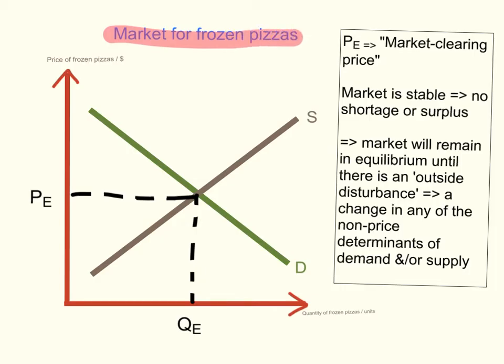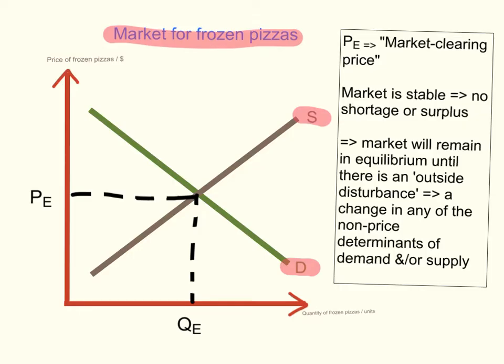Assume S represents the supply curve for frozen pizzas. This is the quantity of frozen pizzas that producers are willing and able to sell at the different prices over a certain period of time. And assume that D represents the demand curve. This is the curve showing the quantity of frozen pizzas that buyers are willing and able to buy at those